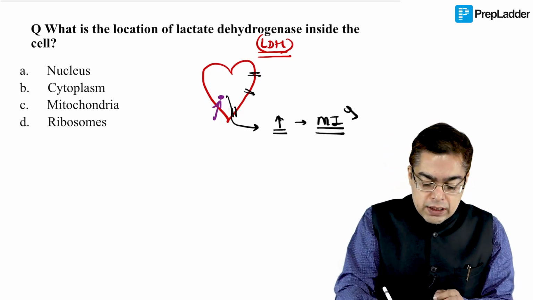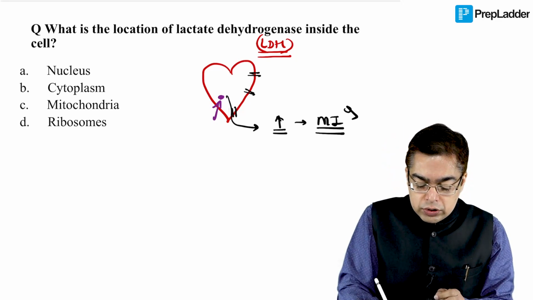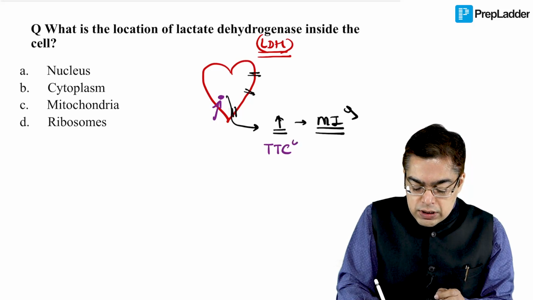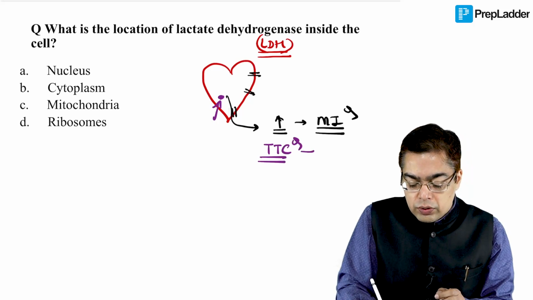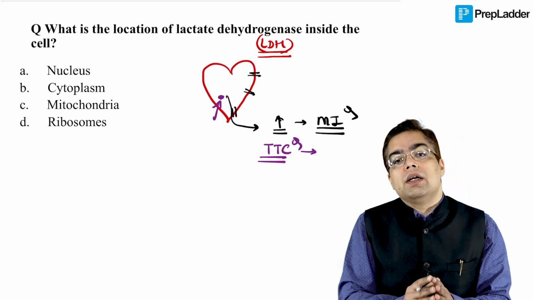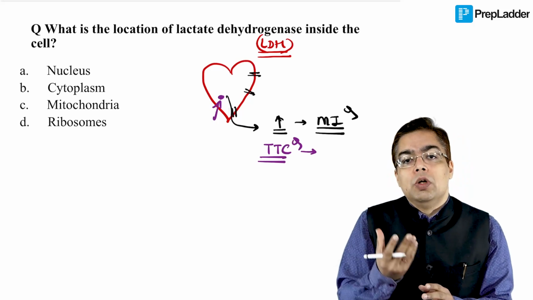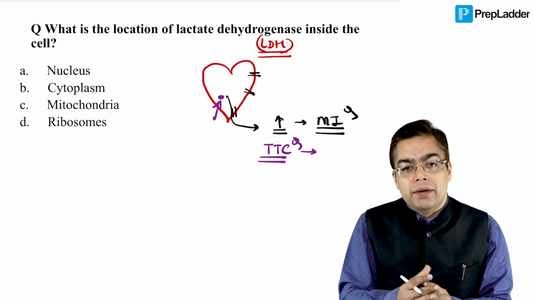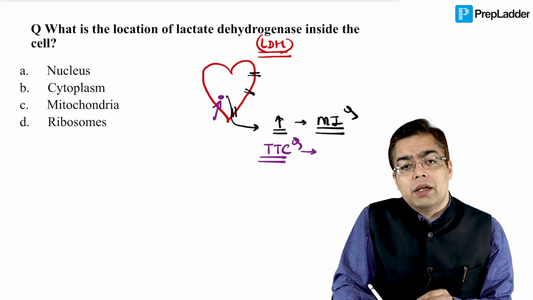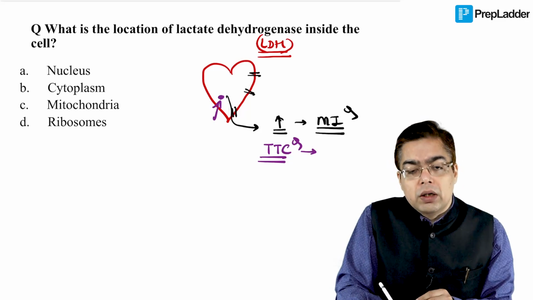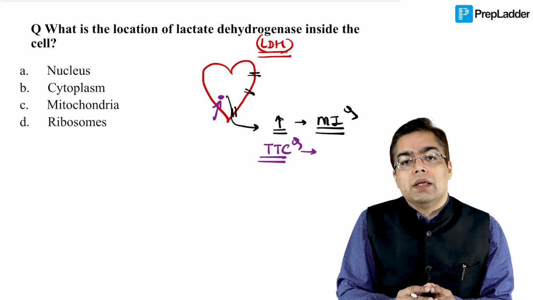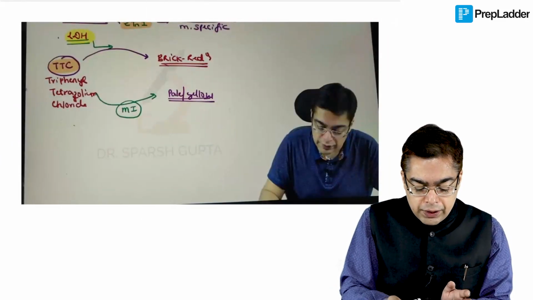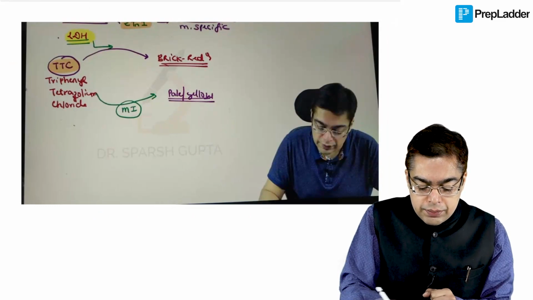The second significance pertaining to lactate dehydrogenase was with respect to the special stain and the image that they had given you in the August 2020 exam. So triphenyl tetrazolium chloride normally stains the viable tissue or the living cell as brick red. But if there is a myocardial infarction, the enzyme is going to leak out and that is going to give you a pale yellow color.